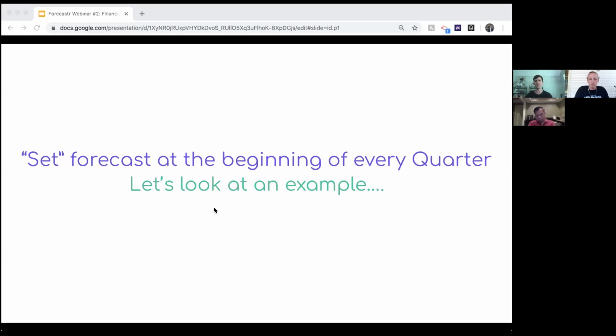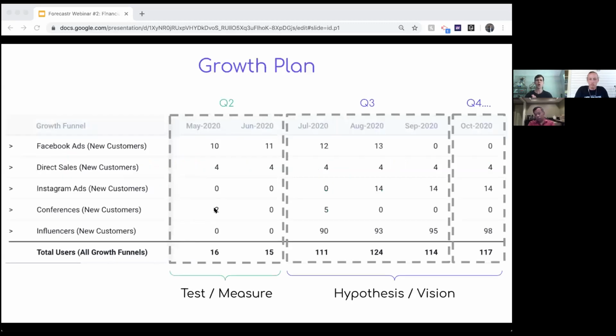And depending on the founder, depending on the situation, these targets, or at least several aspects of them, could be shared with the entire team so that everybody's very aligned with the company's strategy and the goals that they need to hit. So I'm going to jump into an example of the first area of the model, which is the growth plan. So in this example, you can see what I mean whenever I say that you should set detailed quarterly targets. So we have this model sectioned out by quarters,